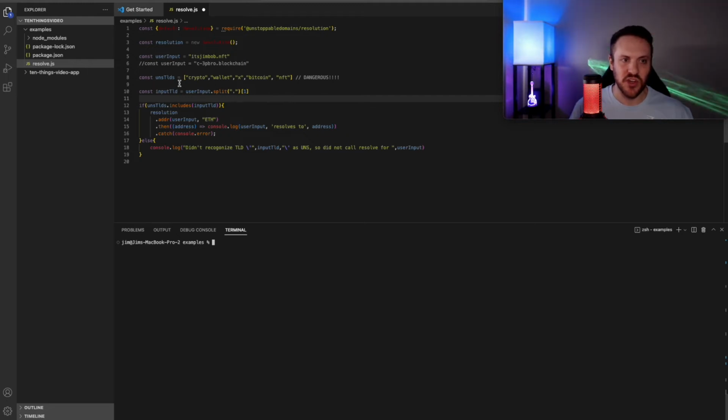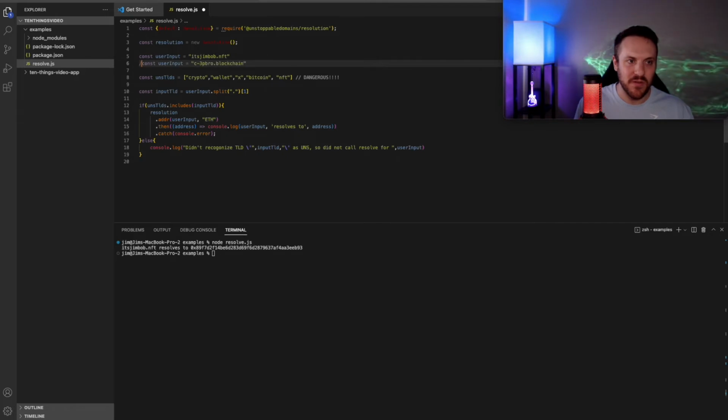Basically, someone captures user input, checks if it matches a list of our TLDs, and then uses that logic to figure out in an if else whether or not to call resolve. Now, that's all well and fine when everything is updated. As you can see here, if the user typed in jimbob.nft, we're going to go ahead and call resolve for that. However, once we provide an update and we add more TLDs to our support,